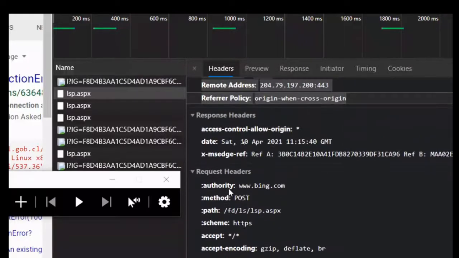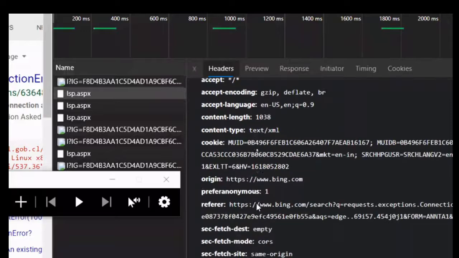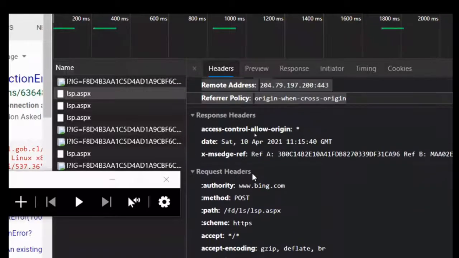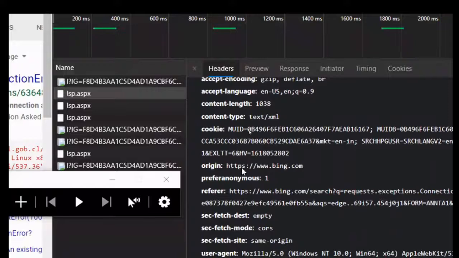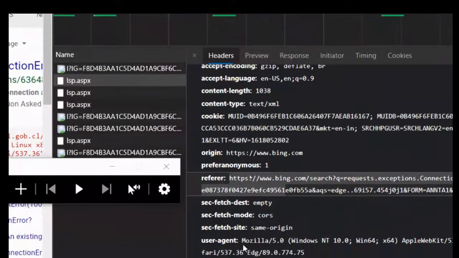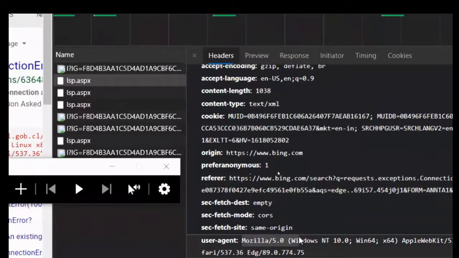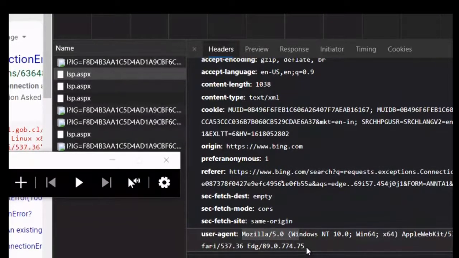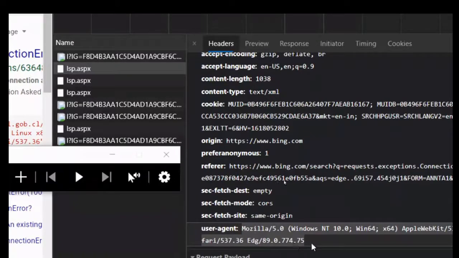So in this request header, you specify all these different things. You will specify your cookie that allows your browser to remember you as a person, or to store your identifier. Then this is the referrer, and this is your user agent. This user agent allows the server to know that you are requesting this page from the Edge browser with this version. So when you're requesting a page from your mobile, the user agent will be something else.